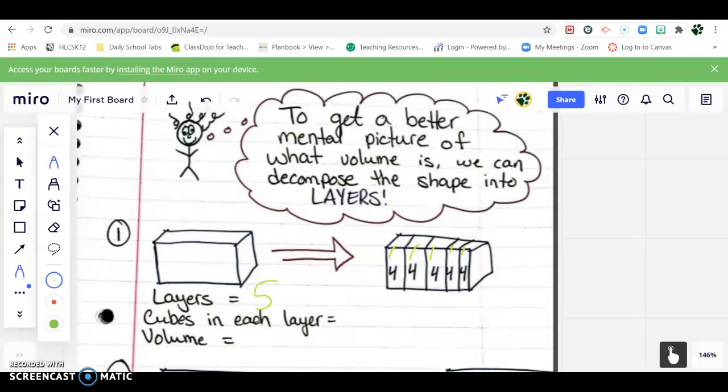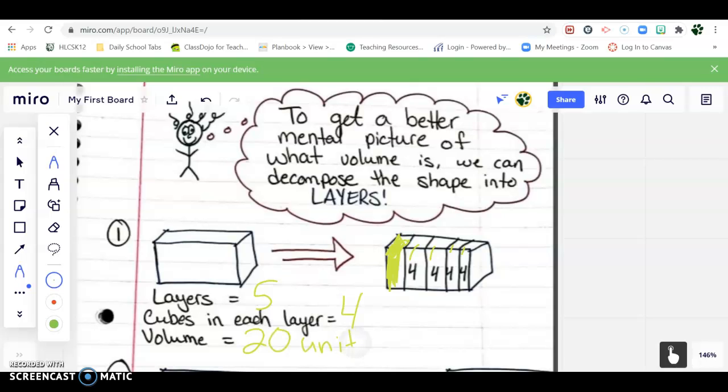And in each layer, I have a total of 4 cubes. So if I take my 5 layers, each having 4 cubes in it, one of these layers, and I multiply it by how many there are, I'm going to get the overall volume of the cube. So I know that 5 times 4 is going to get me 20